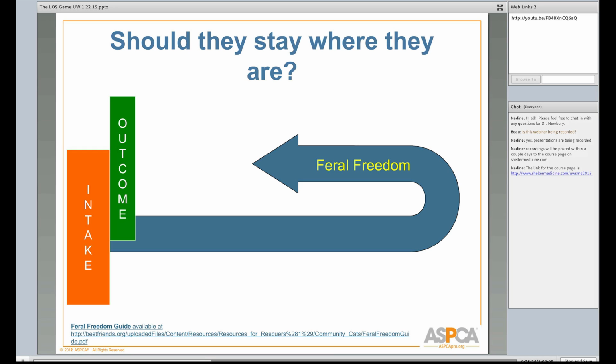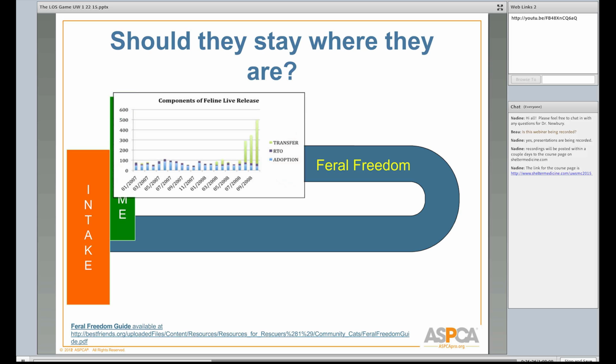The other really great example that we use for this is a program called Feral Freedom that has started all over the place, but there's a great example of it in Jacksonville, Florida, and I'm not going to go into all the details of it. The primary foundation of it is that when cats come in that are community cats, instead of coming into the shelter, those animals are spayed and neutered and vaccinated and put back where they were. Even for lost cats, there's research out of Ohio that shows us that those cats are 18% more likely to get back home if you leave them where they are compared to bringing them into an animal shelter.